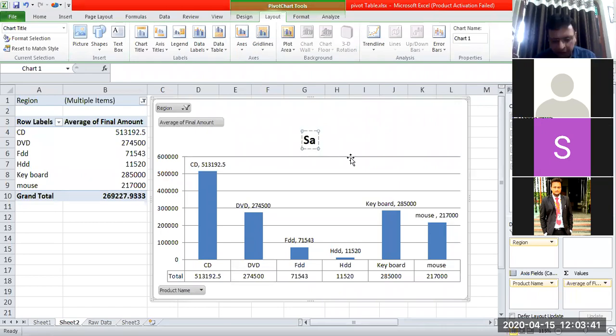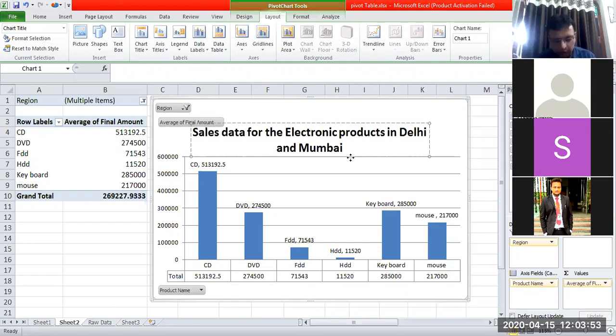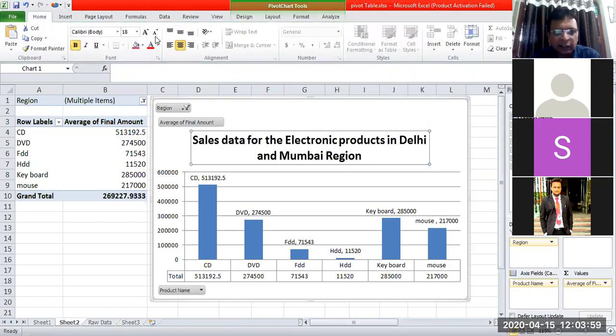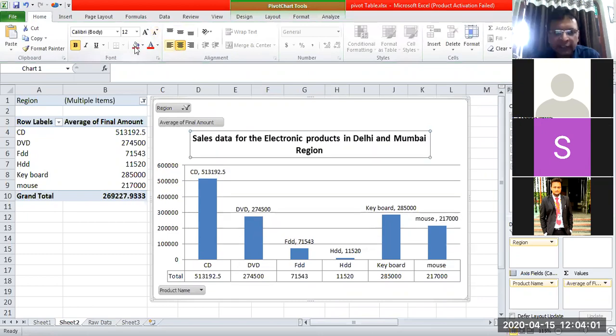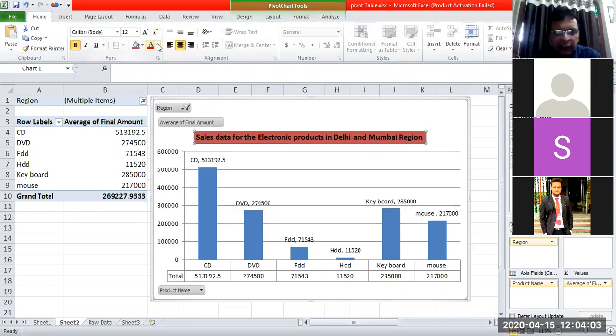I can simply type sales data for the electronic products in Delhi and Mumbai region. So this data, you can change this font style and all the coloring, all that can be done. I can modify it depending upon my choice.